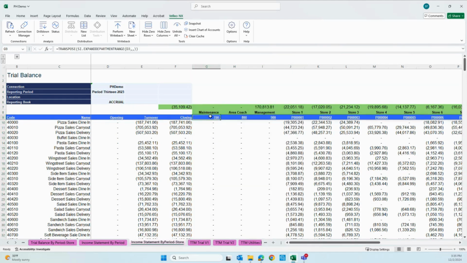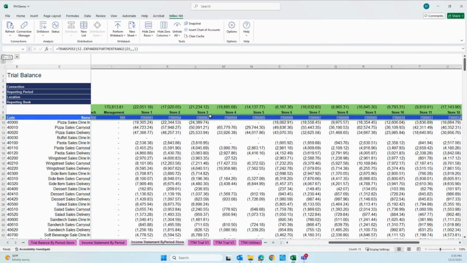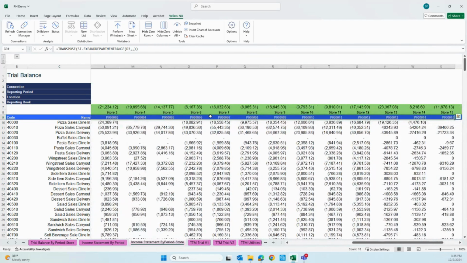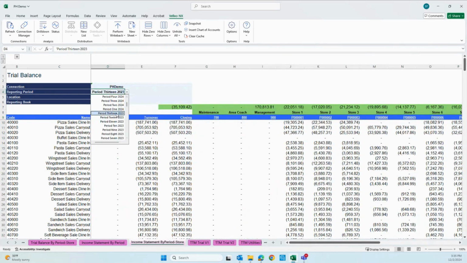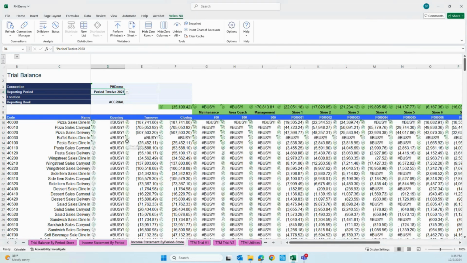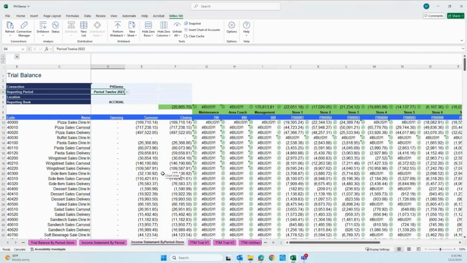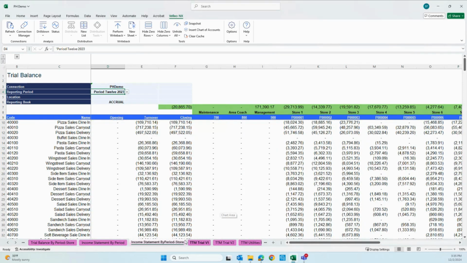So to duplicate this with that same effort in Sage Intacct would be a matter of running this, as we see here, we have 18 iterations, 18 different times, versus being able to change a reporting period and see your data very quickly all at once by department. So much more efficient, and a way to see the data